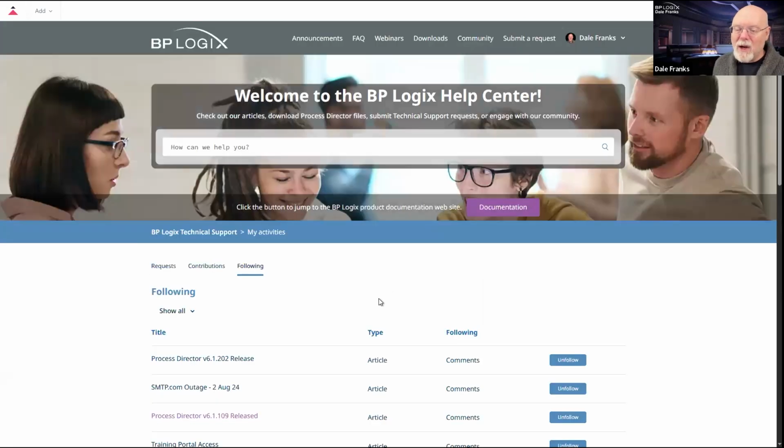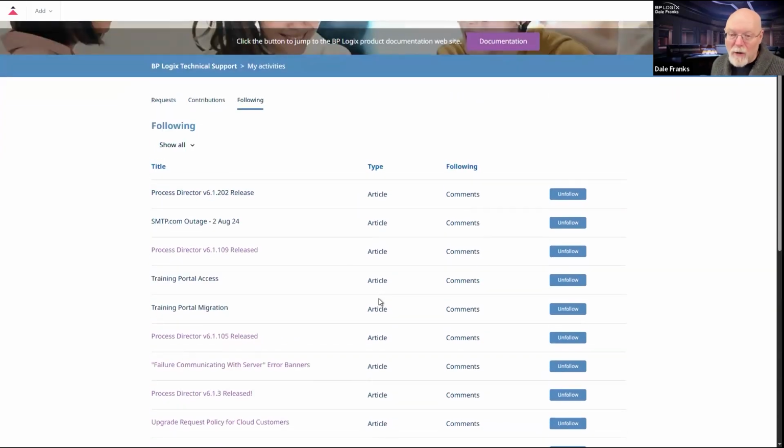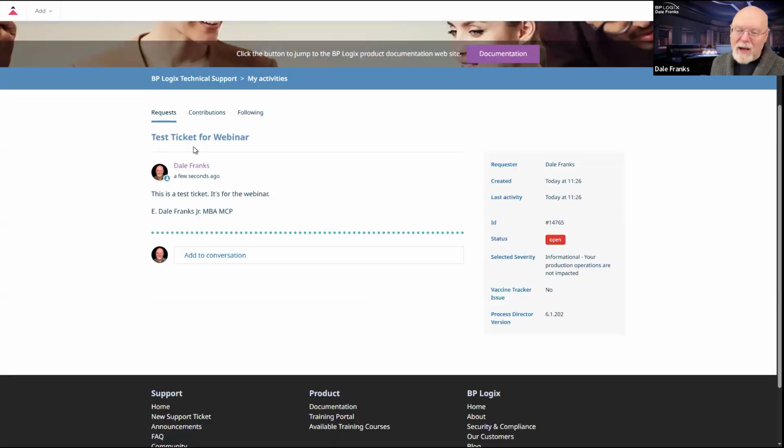We can see who is following or what articles we're following on the system. Again, this is just general stuff that we have added to the system as end users. Obviously, my contributions will largely outweigh most of yours, but the request is where we need to stay. And we can now have replies and we can add to this conversation.